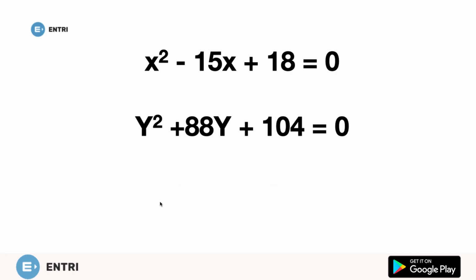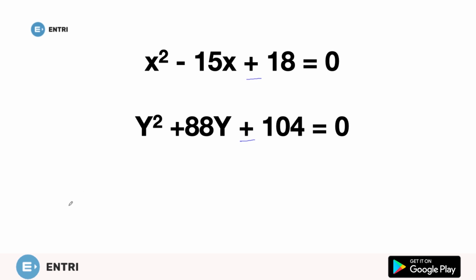Okay, now let's move on to the next question. See, now here you can see it's x square minus 15x plus 18 equals 0, y square plus 88y plus 104 equals 0. Now there are no constant terms with a negative sign, as both constants are positive. Now, as you are clear about these questions, when they come in the exam, 5 options are given, in which one option will be x is greater than y, another would be y is less than x, x equals y, greater than or equal to, and one option will be none of these or cannot be determined.